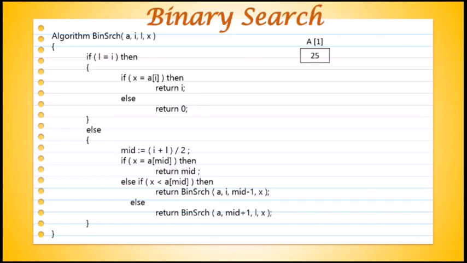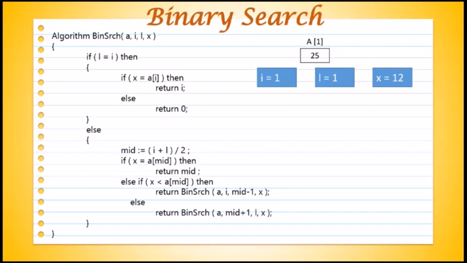So suppose this is an array and there is only one element. Because there is only one element, the starting and last value will be 1 itself. So I will be 1 and L will be 1. And suppose the searching element is 12, so we are trying to search 12 in the list.